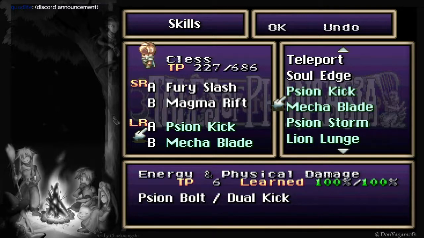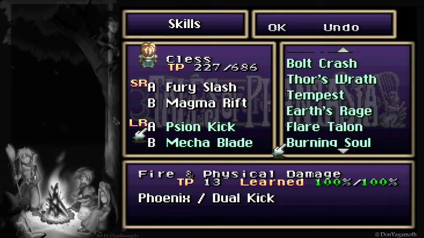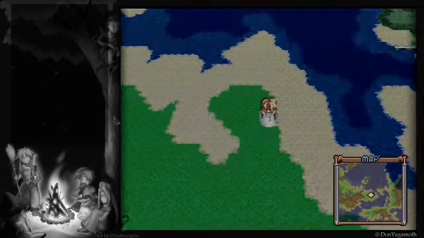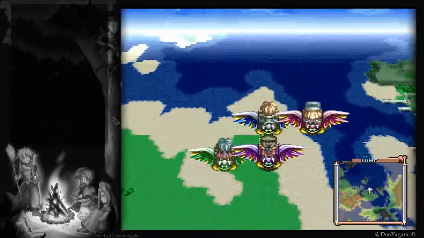abilities that are now available to us, with Sign Kick, Mecha Blade, Sign Storm, Lion Lunge, Lion Claws, Lion Flare, Bolt Crash, Thor's Wrath, Tempest, Earth's Reach, Flare Talent, Burning Soul, Cinderhawk, Soul Forge, Soul Strike. And there's actually 3 missing. So, I did look up where I need to go and grab those, so let's do that before we